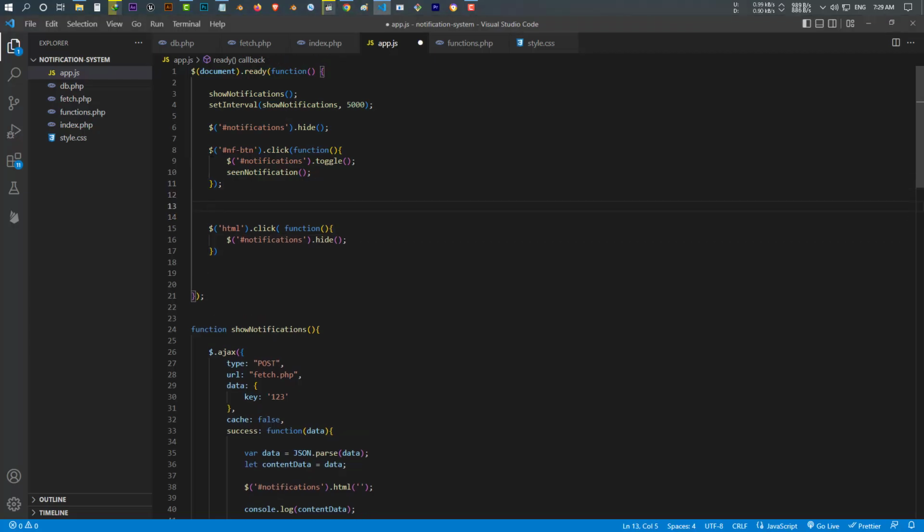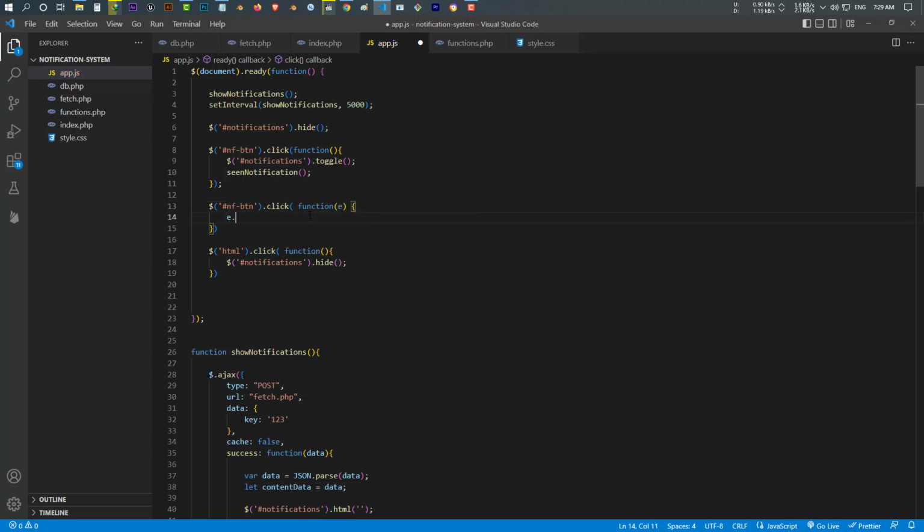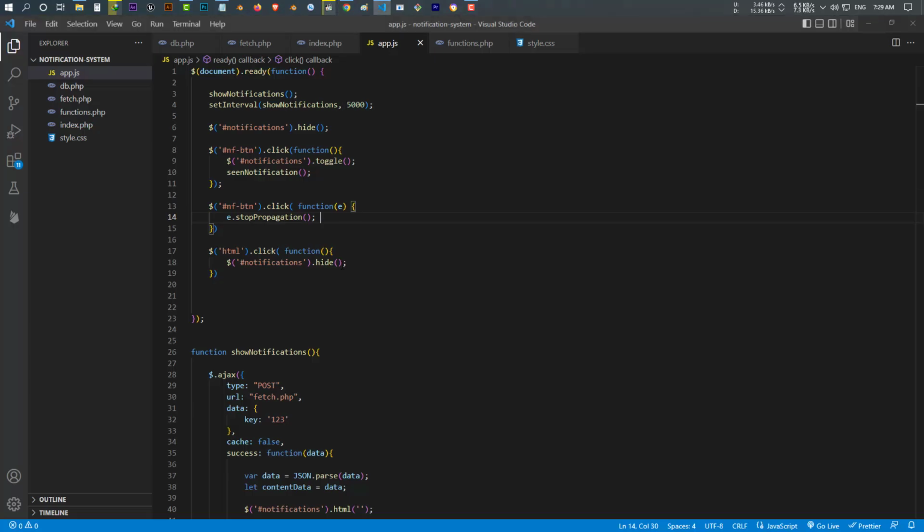I select my notification button, and I say whenever I click, it runs a function, and this function has a parameter of e, and I will use that e, and there is a function called stopPropagation, and save. And now if I click, I can show, and whenever I click anywhere on the screen, I can hide this notification. I can also view the notification itself. Okay,